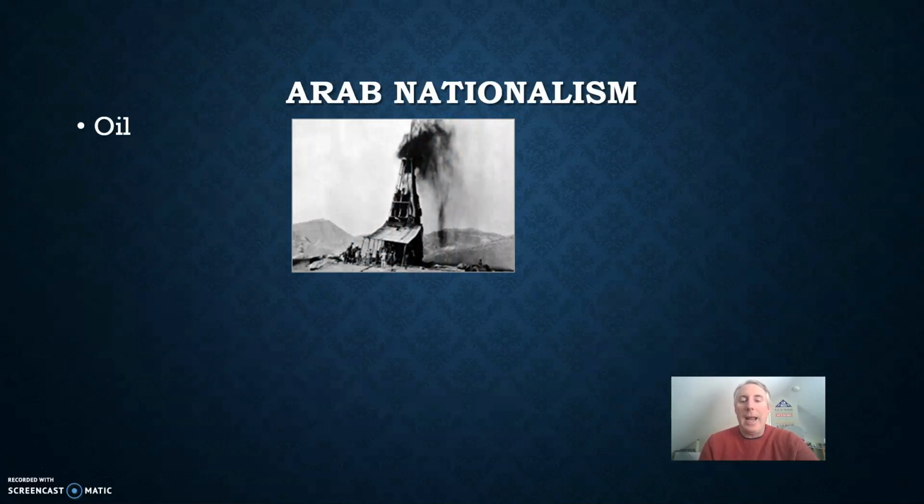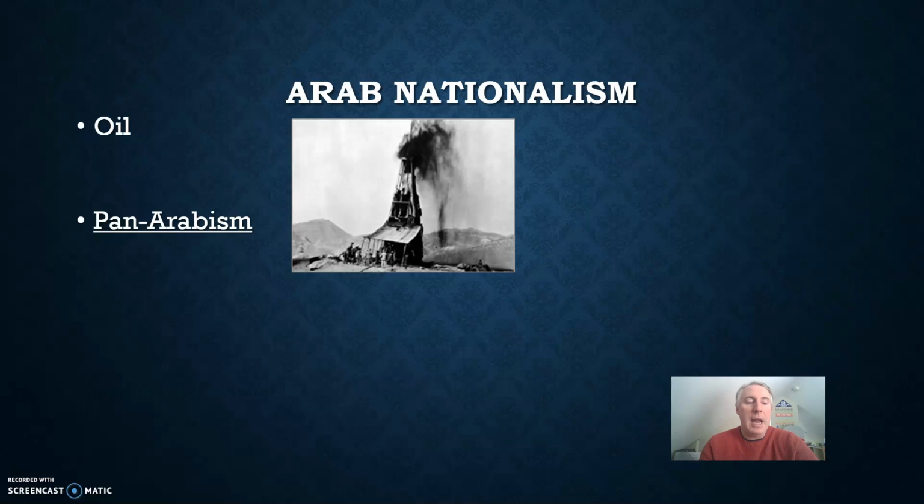Now, oil was not a hot commodity in the 1700s and early 1800s, but by the 1900s, it was possibly the most valuable material on Earth. Gasoline-powered engines were becoming standard, and everybody needed oil. So now everybody wanted a piece of the Middle East. We're talking about the industrialized world, the United States, Europe, China and Japan and so forth. So partly in response to the increase in foreign influence, Arab nationalism grew, and this led to a movement known as Pan-Arabism.